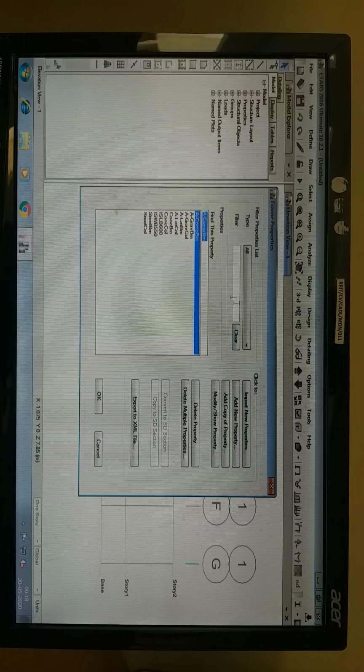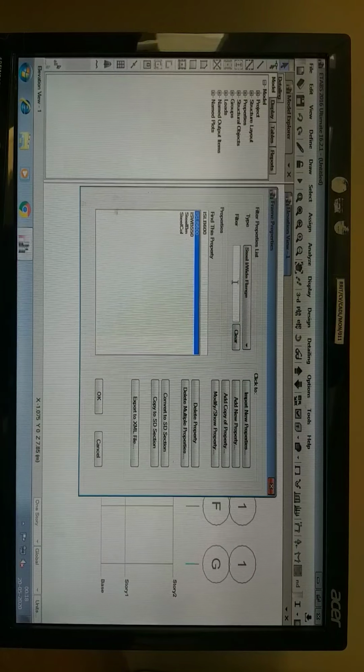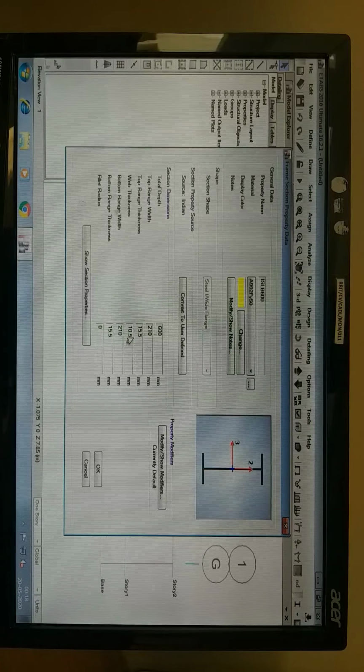Truss is going to have a frame section. Here I am assigning a steel I or wide flange. I will show it here. This is the wide flange I channel, and it has a total depth 600, top flange width 210, and thickness 15.5 and 10.5, 210, 15.